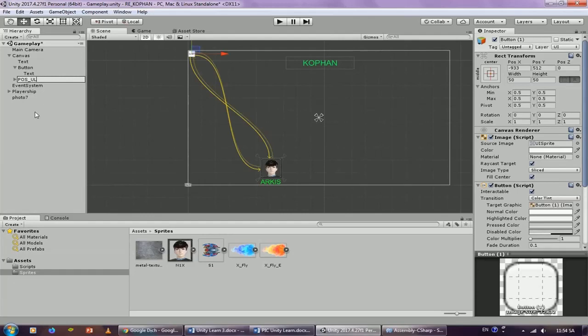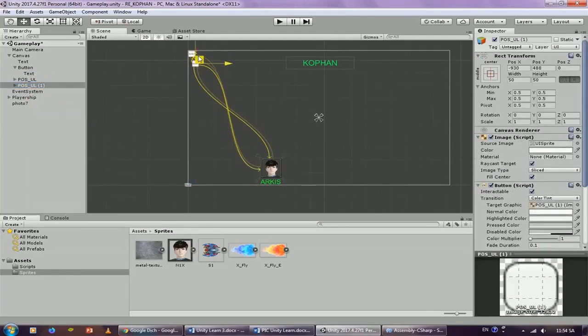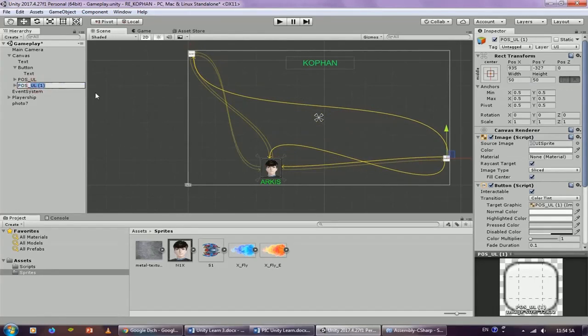I copy another object and align it with the avatar on the right. And name it position DR, down right. OK, now there are 2 landmark positions.